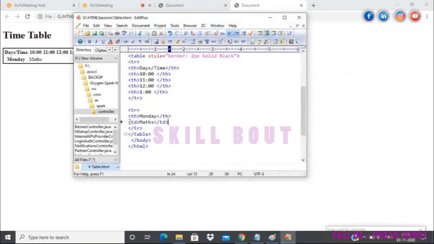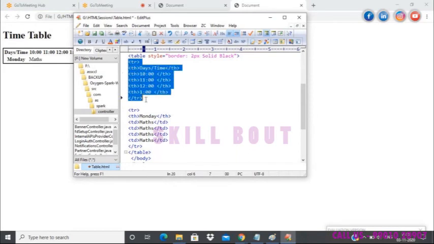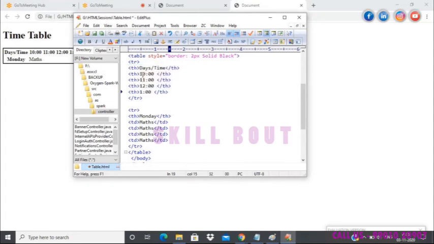Then I'll just copy paste as of now so that I can avoid wasting time. See, when you are treating the first row with some th tags as the columns of the table, you ensure that you add the same number of tags in the second row as well.